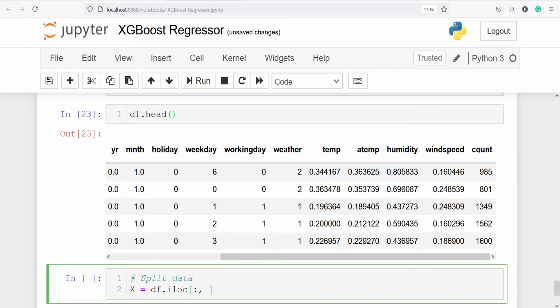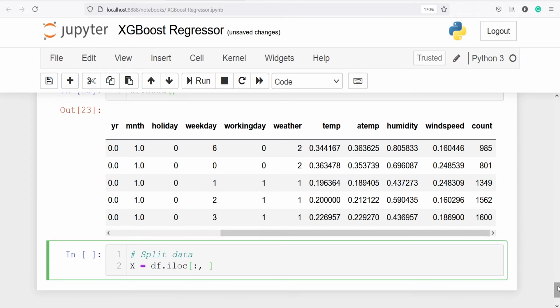Here you will see count. This is our target variable or the y variable. We want to predict the count of bikes rented per hour, so we are not going to take this variable into our x. So that's why here I will type I want all rows, this stands for all rows, except, and I want all columns.